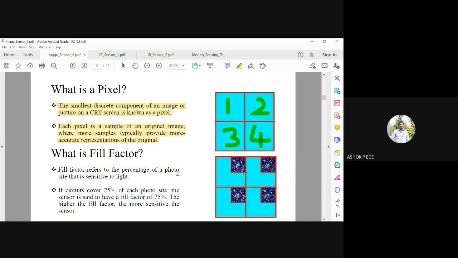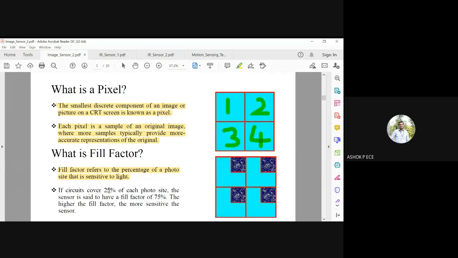So fill factor, I told you. In one pixel, how much percentage of the area is sensitive to light. So here you see in one pixel, 25 percentage of area is sensitive to light. So the fill factor is,